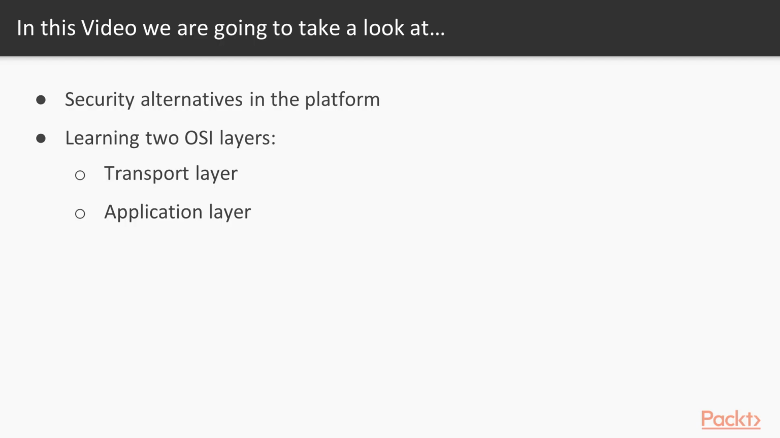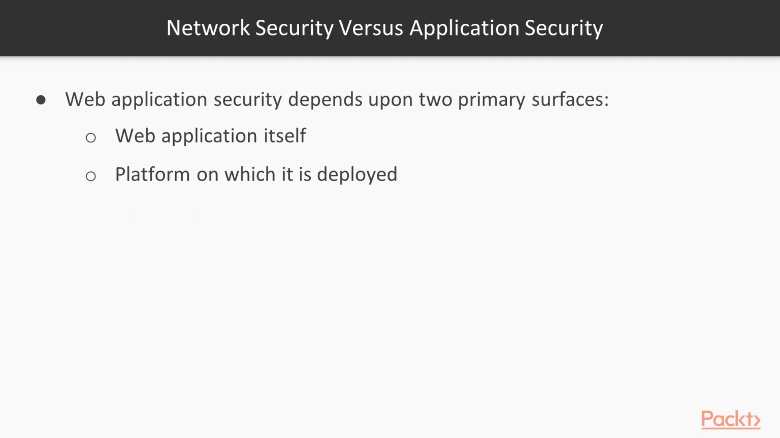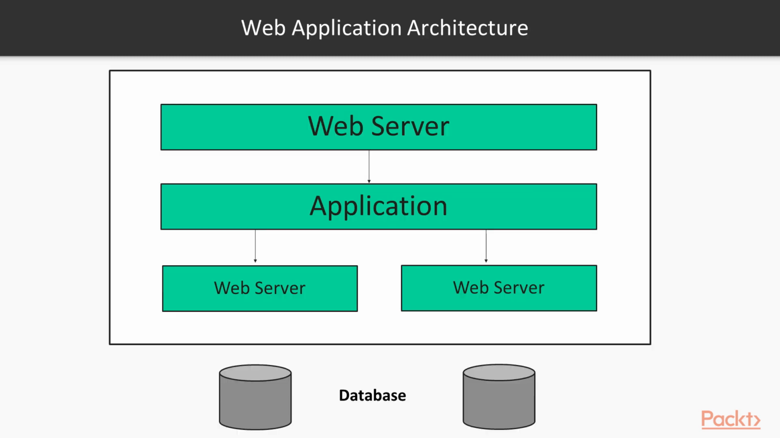In this video, we will see security alternatives in the platform and learn two OSI layers, Transport Layer and Application Layer. Let's start with network security versus application security. In today's scenario, web application security depends upon two primary surfaces, the web application itself and the platform on which it is deployed. You can separate these two surfaces, as any web application cannot be deployed without a platform. It is very important to understand the distinction between a platform and an application because of the impact it has